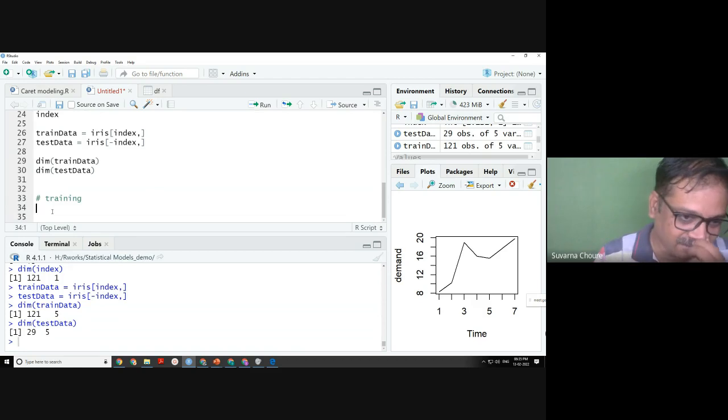This may be because of that. 121 and 29 may be because of that, to ensure that variability is the same throughout. Okay. Now we will move to